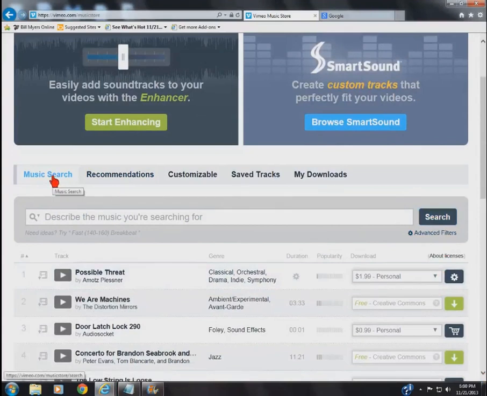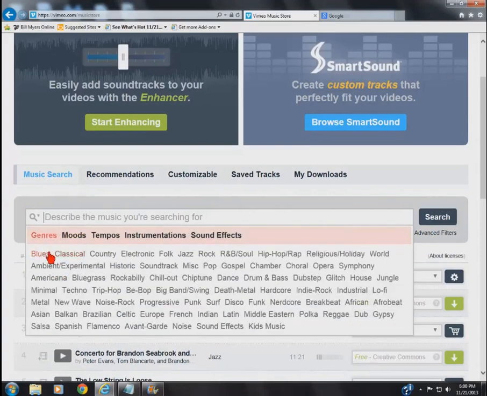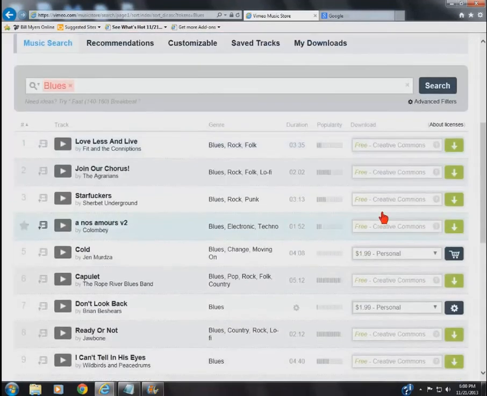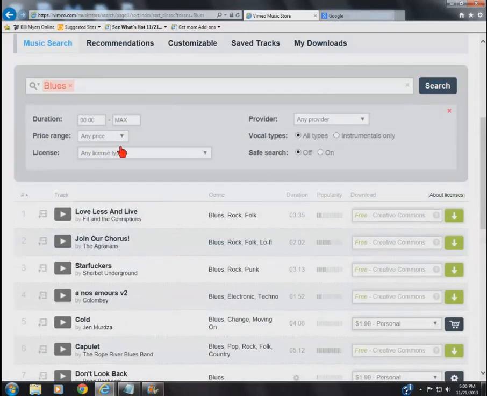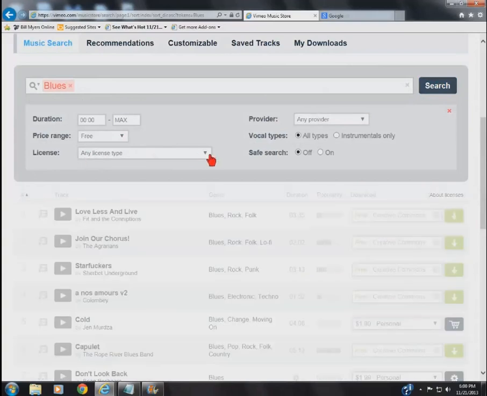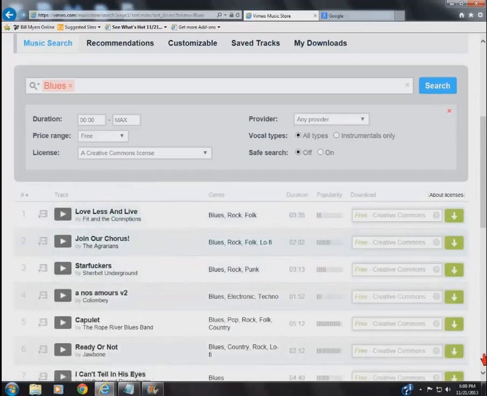And when you do a music search, let's say describe the music, blues, and do advanced filter. You want a price, free, and the license, you want a Creative Commons license, and search, and these will give you all of your different music selections and the times and so on. So I'm going to be checking out my music and my photos and making a selection, putting them in a folder, and we'll come back in a few minutes and I'll show you what I've got, and we'll put together a quick slideshow on something we picked at random on Windows Live Movie Maker.